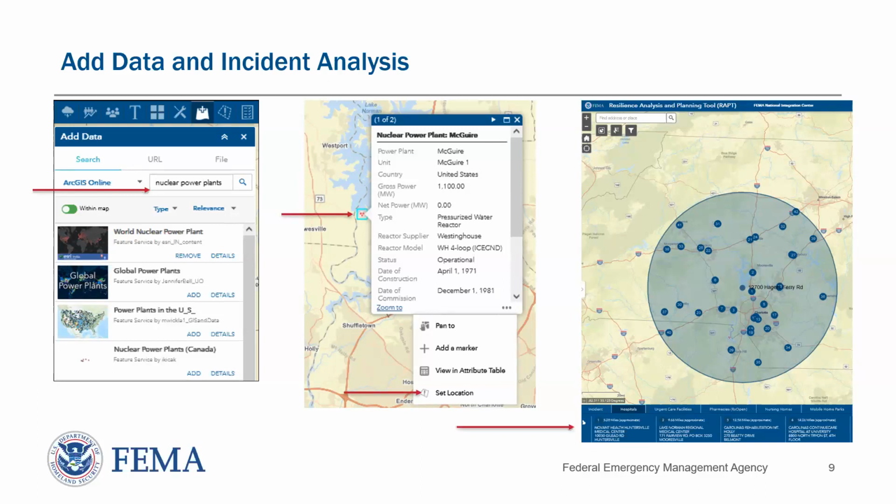Within 3 or 4 clicks of the mouse, I now have a visual and a list of where that specific nuclear power plant is. It shows me a 50-mile radius you can see on the right, and all of those blue dots within it are all hospitals that are within 50 miles of that nuclear power plant. So once I have this, I can actually take that list of hospitals and export it, and if I wanted to calculate the total number of beds in all the hospitals, I could easily do that.